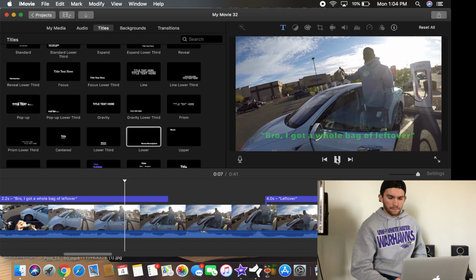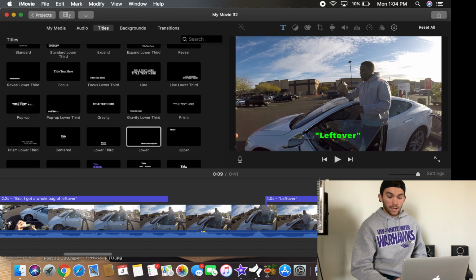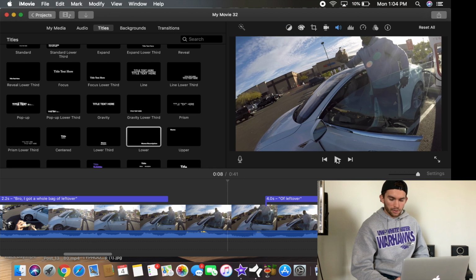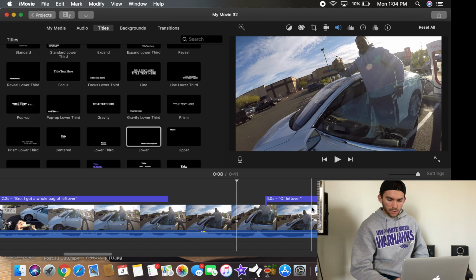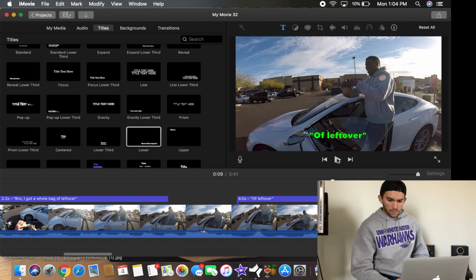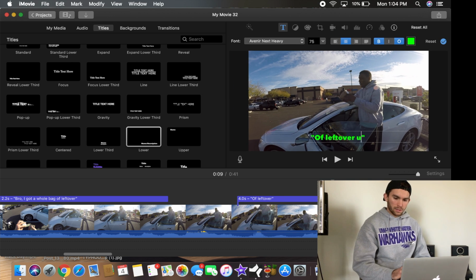Bag of leftover, bro. So, okay, and I listened again. He actually says of leftover. This is me getting nitpicky, but of leftover. So, again, I looked back. That's something that I kind of caught, so let's play it back here in the timeline. So it looks like we got to drag this text way over here to match his vocals. He says of leftover, so let's boom, bang, add